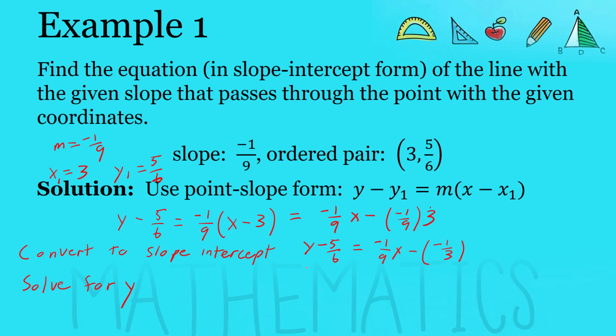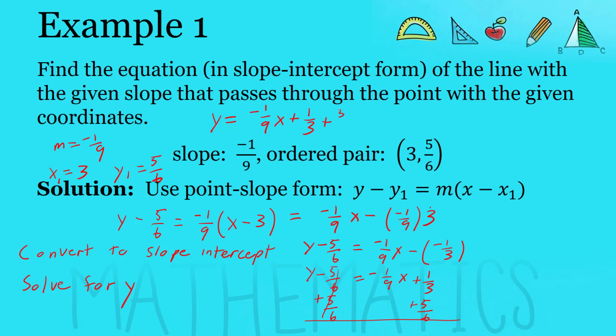And then we will have y minus 5/6, and that will be equal to negative 1/9 x, and minus negative 1/3 is just plus 1/3. And now we can add 5/6 to both sides. And when we add, the 5/6 will cancel here. We will have y is equal to negative 1/9 x plus 1/3